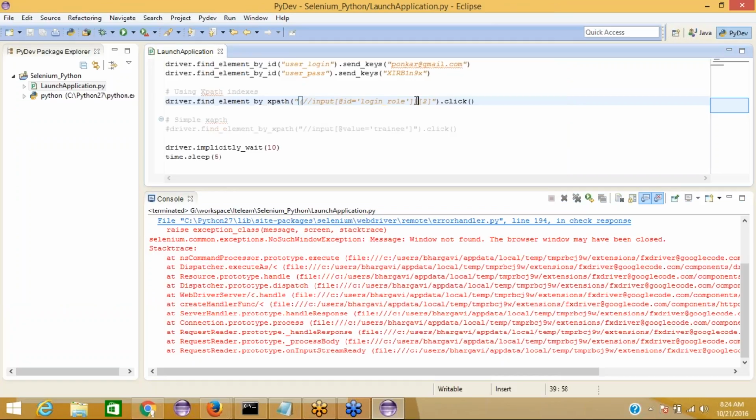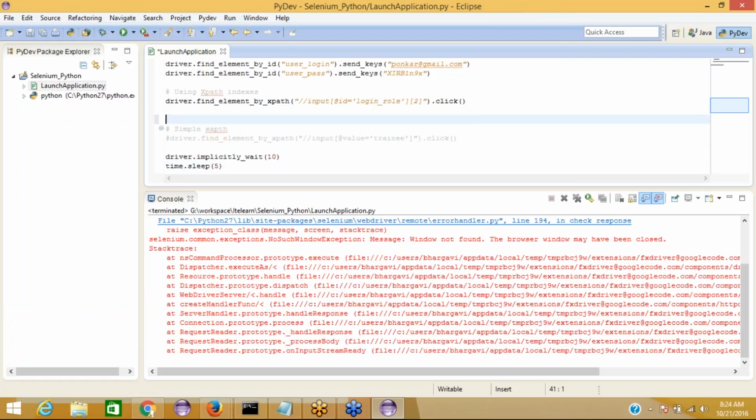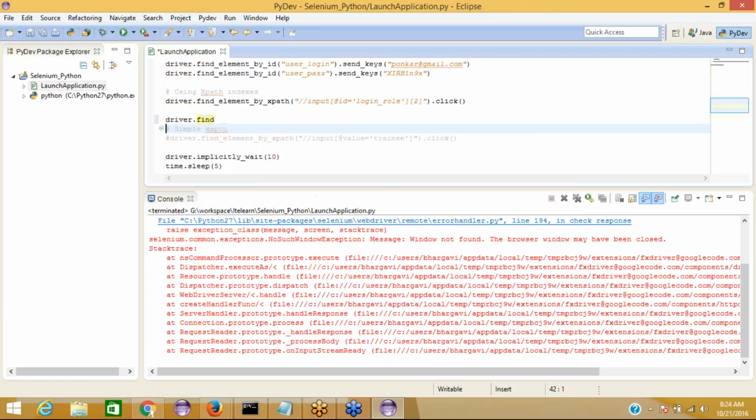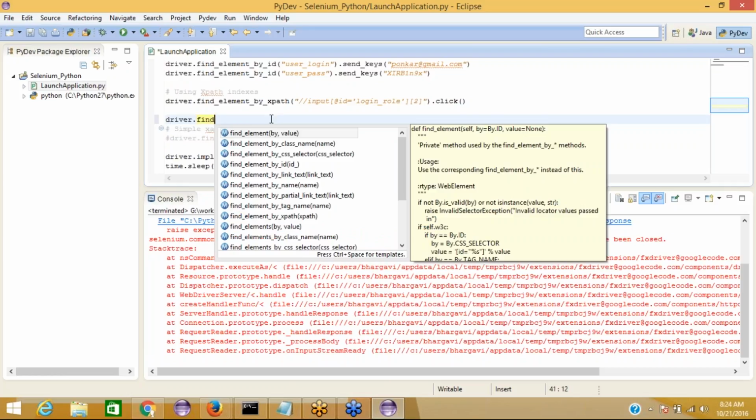Actually, my expected step was selecting the radio button here, and now I see that I want to say, after this, driver dot find element, driver dot find element by,